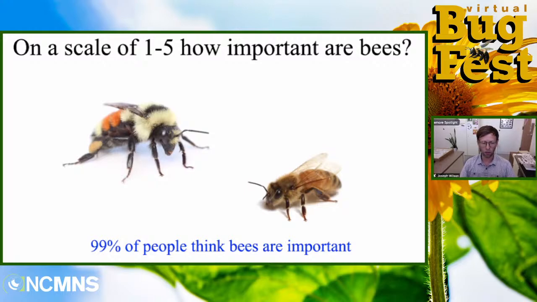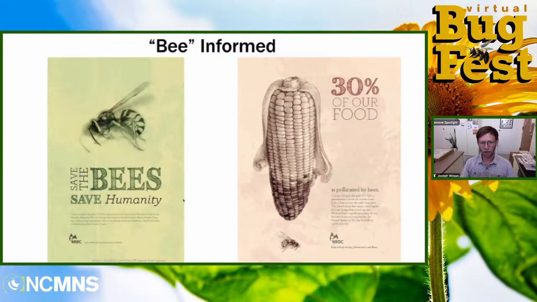So I periodically do Google image searches about save the bees to see what I can find. And here's two posters that I found. These are both from the same artist. On the left, we see this poster, Save the Bees, Save Humanity, but there's something wrong with that poster on the left. Anyone have any ideas what it is? Here, let me pull up this other chat window so I can see it too. What's wrong with the poster on the left?